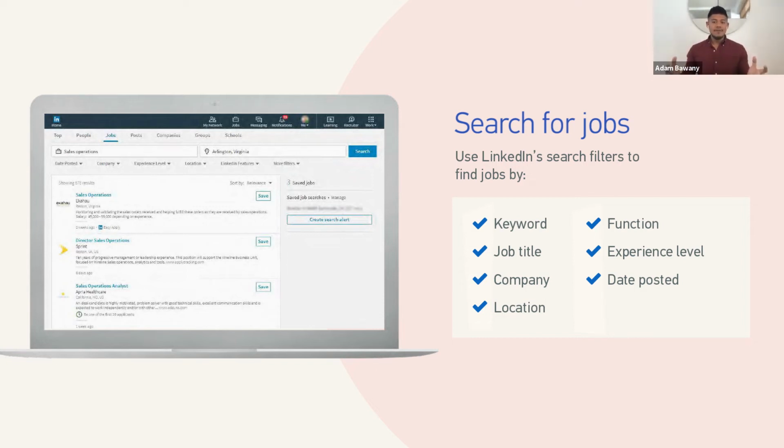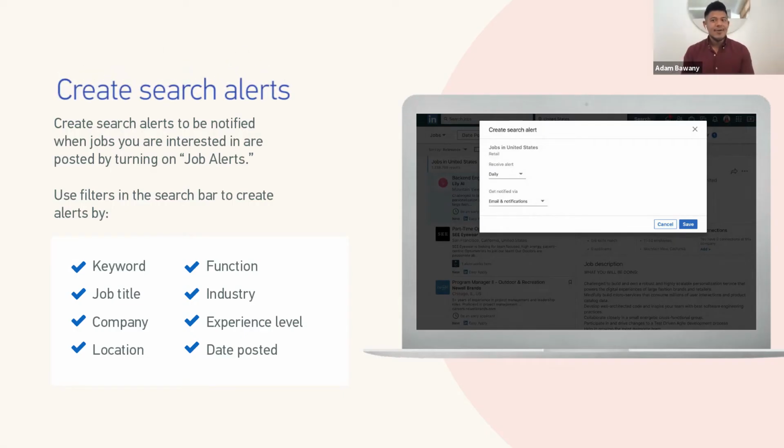Now, other popular filters include companies, functions, experience levels, and locations. Creating search alerts: remember how I said when I was applying for my job at LinkedIn, I got a job alert? You can do exactly the same. Creating alerts for specific roles in specific countries and even companies you may be interested in is the best way for you to also stay up to date with the different open jobs we have. So my search alert was sales at LinkedIn in Singapore, London, or Dublin.